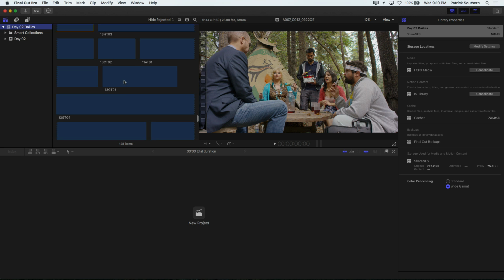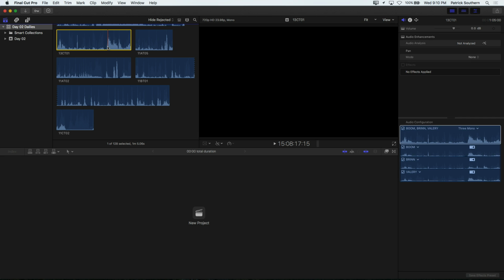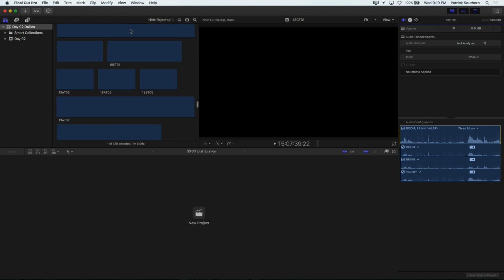which, did you guys see that iXML thing that Steve was showing earlier? That was pretty cool, huh? And it in fact works. It worked with our footage. We imported the footage with that little button checked, and hey, look, we've got the boom and then our 2 lavs for each clip. So the next thing I need to do is synchronize my footage,